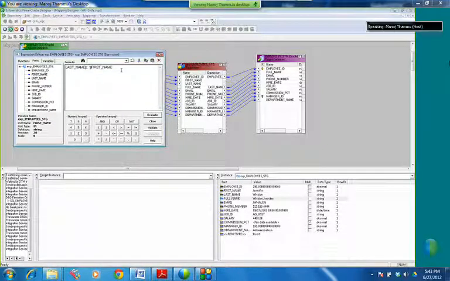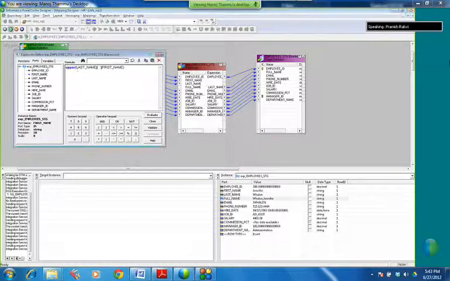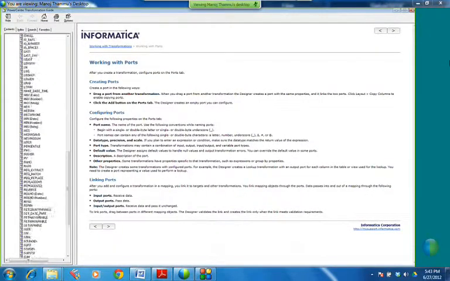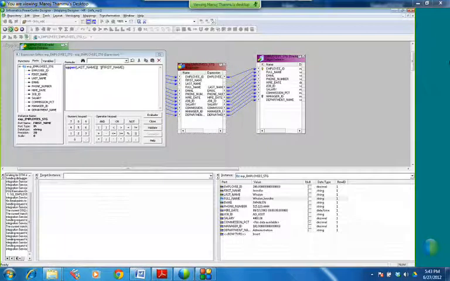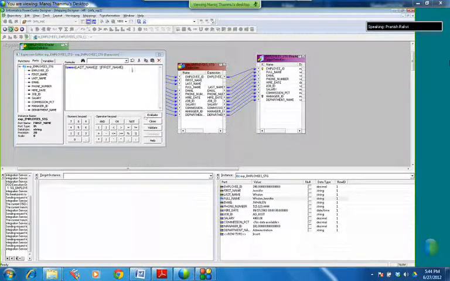So if you want everything to be uppercase, okay, you have an upper function, UPP or upper, evaluate. See, now it made uppercase, right? So there are like many functions. What I am telling you is the transformation language, so many functions are there. All these can be implemented in the expression depending on the scenario. You need sometimes lower function. Lower means small letters. See, all small. So now this is done.